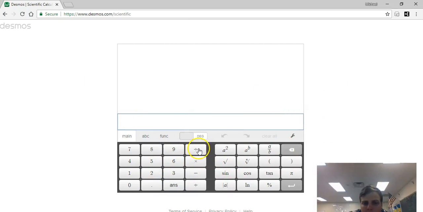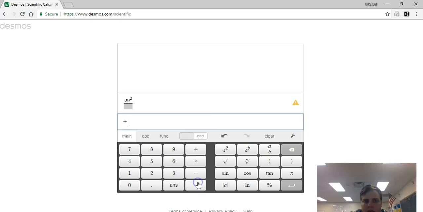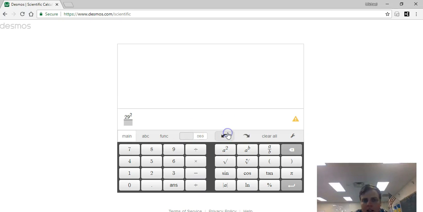First, I'm going to hit the division sign to make sure that fraction comes up. 29 squared plus 41. How do you delete something on this? That's not really what I wanted, but that's just what happened. I don't know what's going on here. 29 squared plus 41.02 squared minus 24 squared